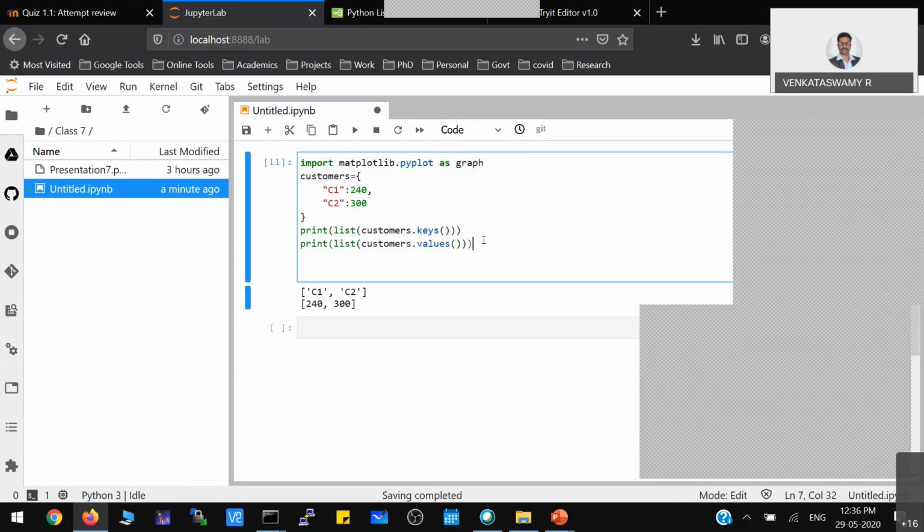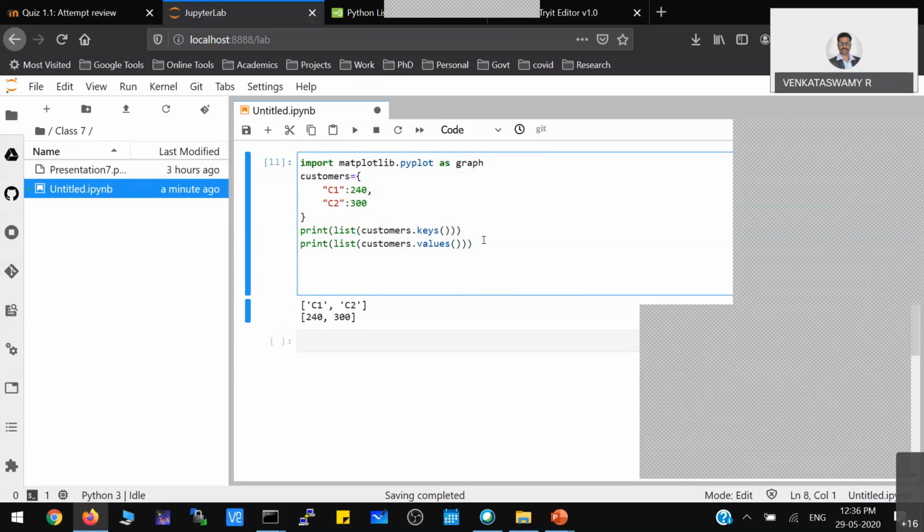Now, say for example, yesterday we did that particular problem, calculation of energy. The same thing I'll use here also. So last time I calculated energy, I'm assuming energy is calculated here. So using this particular energy, I'm using tariff structure to calculate the bill amount. Iteratively I have to access every person and calculate the energy bill.